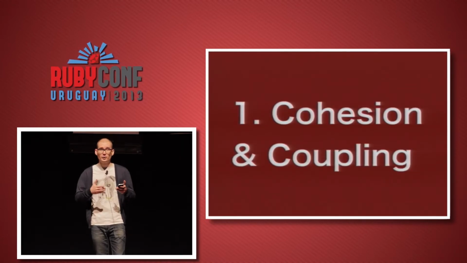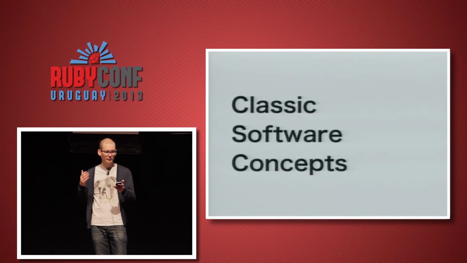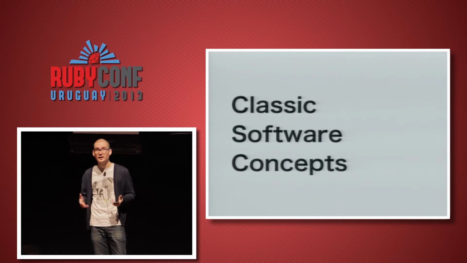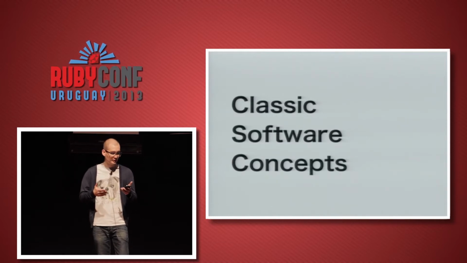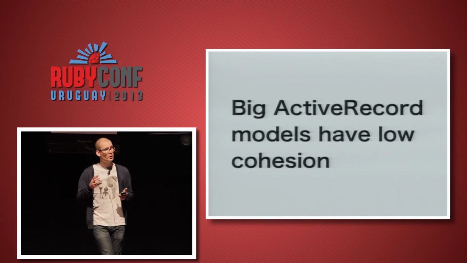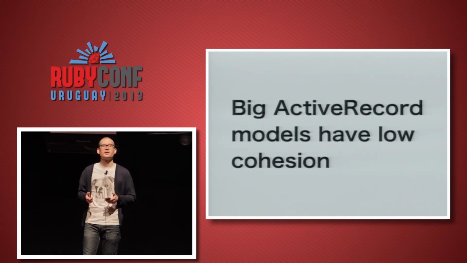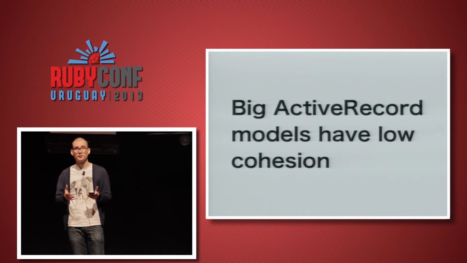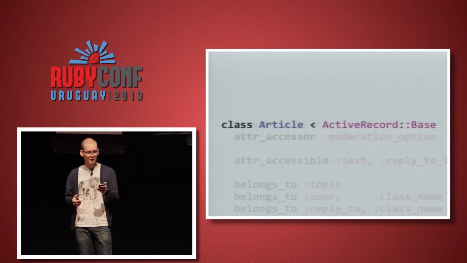We will start with the basics, cohesion and coupling. You know, even though these are 2 old and very well-known concepts in software development, we programmers keep writing tightly coupled code and low cohesive code every day. So I think it's good to revisit these 2 concepts. Low cohesion is a typical characteristic of big active record models, of fat models, you know.